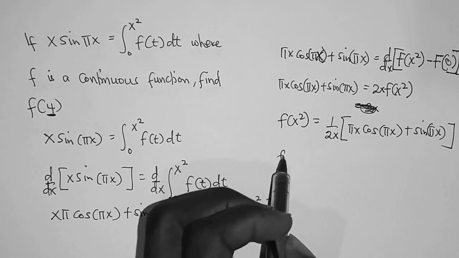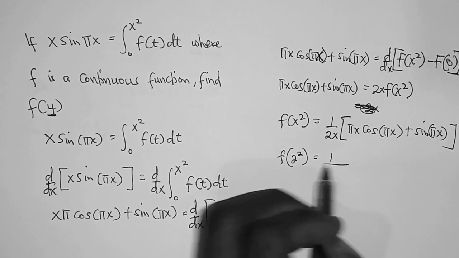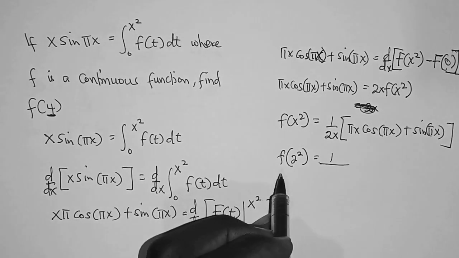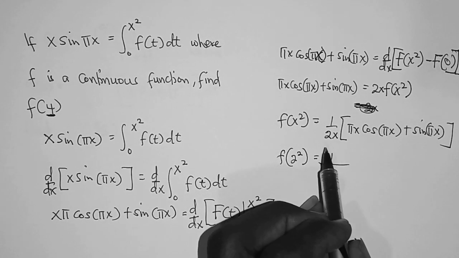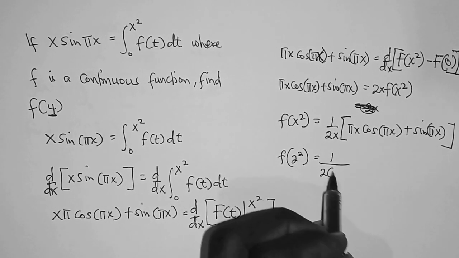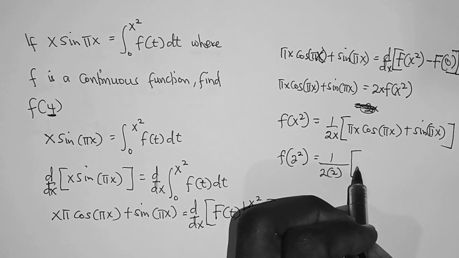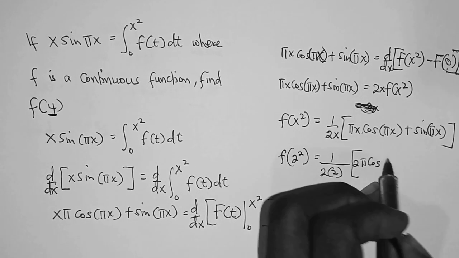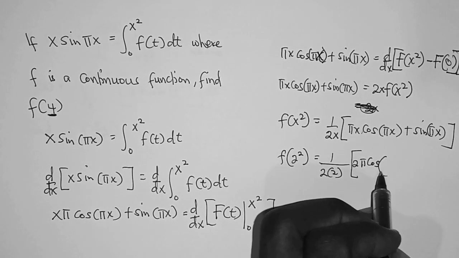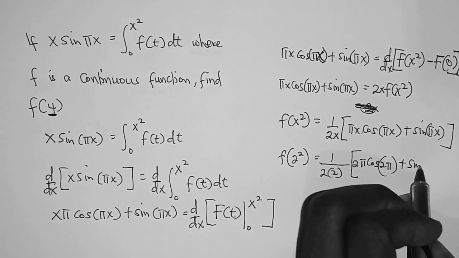So f of 2 squared is equal to 1 over, wherever we see x, we insert 2 in that equation. So it's going to give us 1 over 2 times 2, then bracket open. Now x is here, which is 2 pi cos, then pi x, which is 2 pi, then plus sine 2 pi,